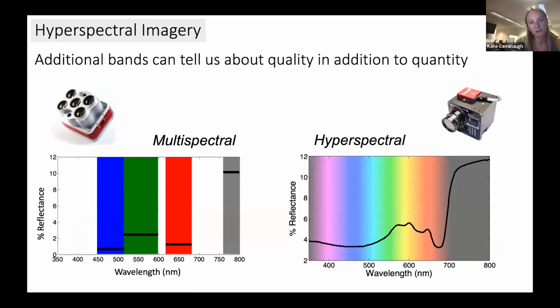And then the last set of imagery that I'm going to be talking about is hyperspectral imagery. And I saw on your schedule that Tom Bell is going to be talking tomorrow, so I'm sure that he'll go into a lot of detail about this as well. He also works in kelp canopy systems, but multispectral data gives you imagery in multiple bands with really wide bandwidths, whereas hyperspectral data gives you a really fine scale look at the reflectance of a scene across hundreds of